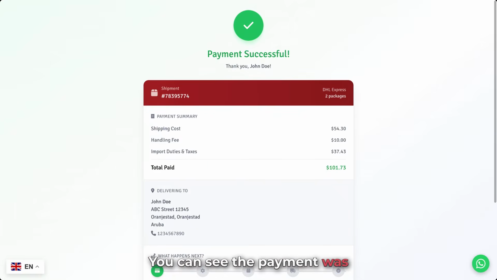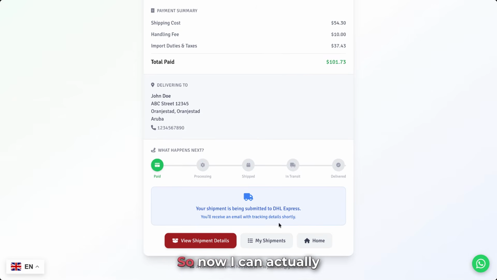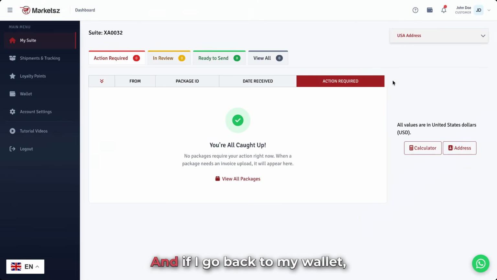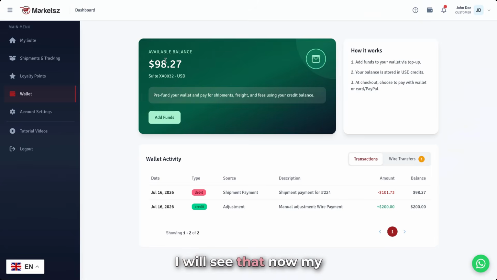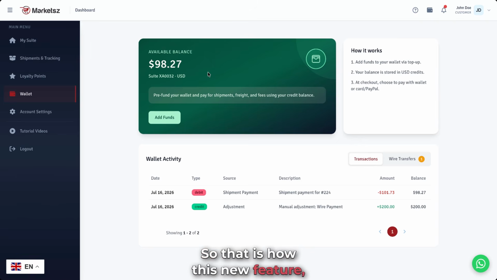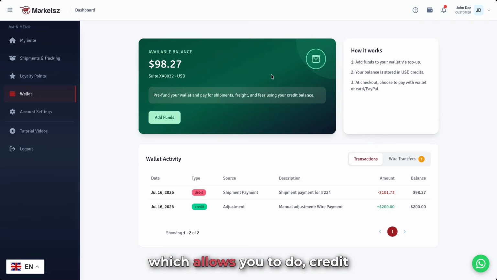You can see the payment was successful from our wallet. So now I can actually go back to my home. And if I go back to my wallet, I will see that now my available balance is $98.27. So that is how this new wallet feature works, which allows you to credit your account